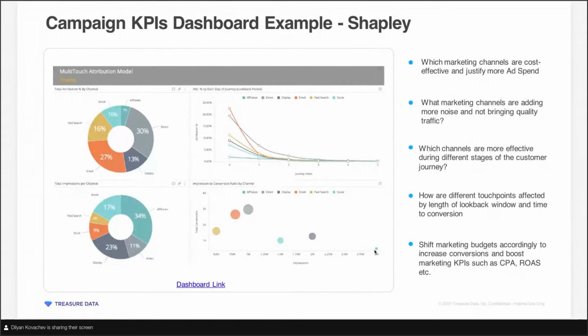The final output for most end users would usually be a few tables with the outputs of the model, and then we have a dashboard that we've built that helps you visualize some useful statistics. The main things you can learn from this model are which marketing channels are more cost effective and justify more ad spend, and which are adding more noise and might not be bringing quality traffic.